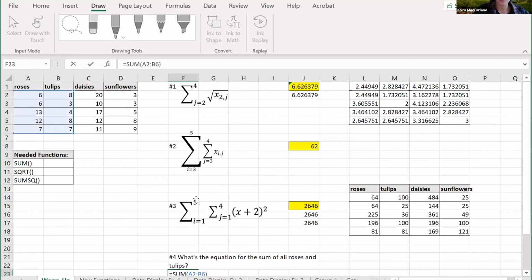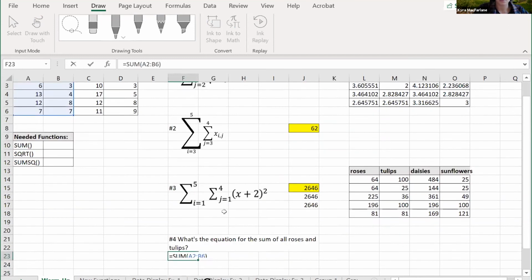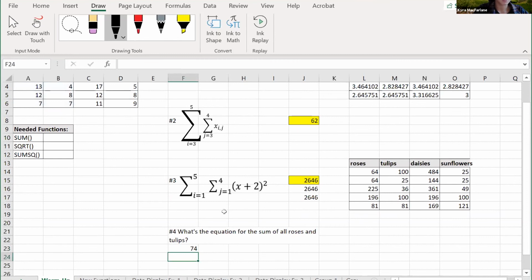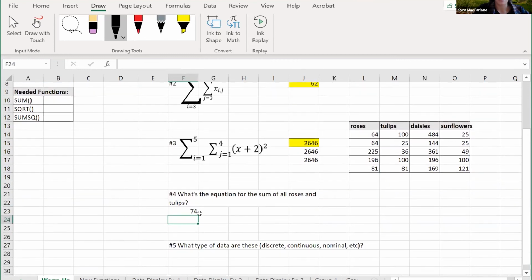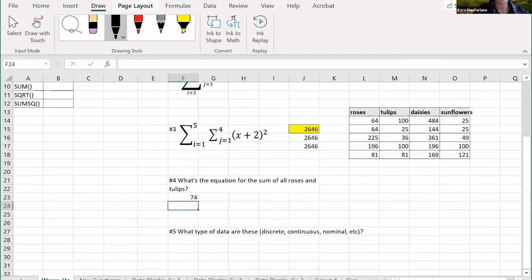Close parenthesis, enter. And the equation for that is,